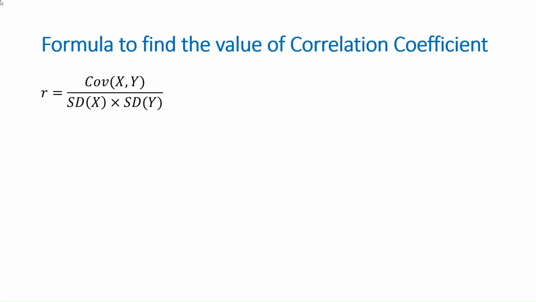So the formula to find the value of the correlation coefficient is r. We denote the correlation coefficient by the small letter r, and this is the formula. In the numerator, we have the covariance of xy divided by the standard deviation of x into the standard deviation of y, where